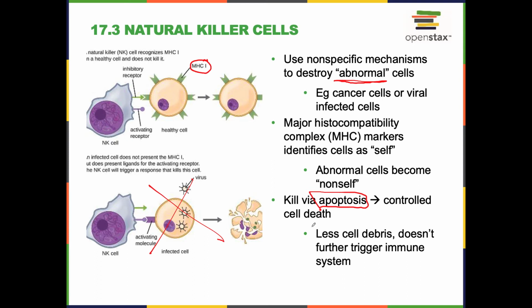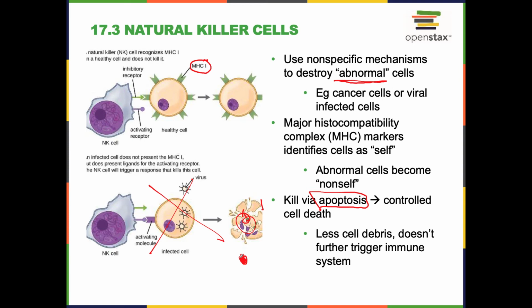And it's kind of like this implosion, right? So here, I don't really like this picture so much. Really what happens is that cell starts to shrink in on itself and it becomes like this very remnant basal body, right? And so what it doesn't do is it's not an explosion. Cytolysis is an explosion, right? So apoptosis is very controlled, no major cell debris. The important thing is that it doesn't further trigger the immune system or release these viruses that are stuck inside,